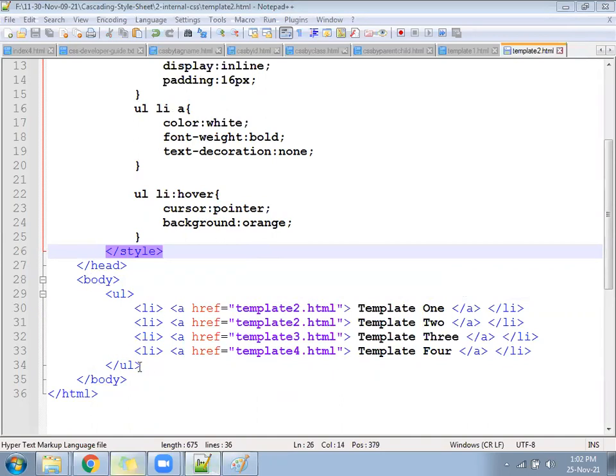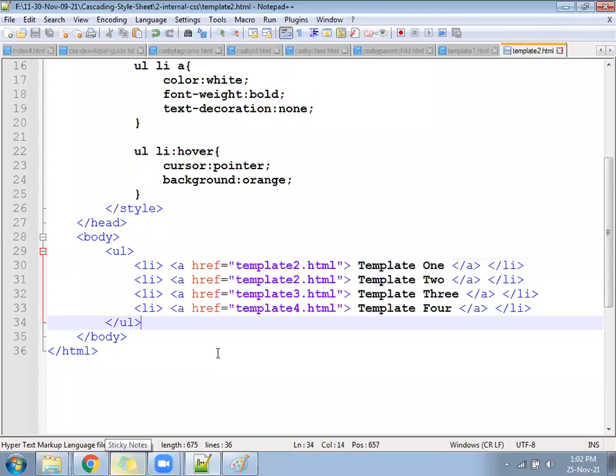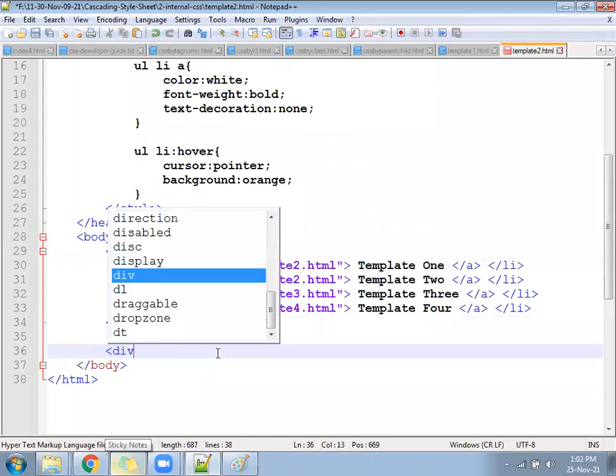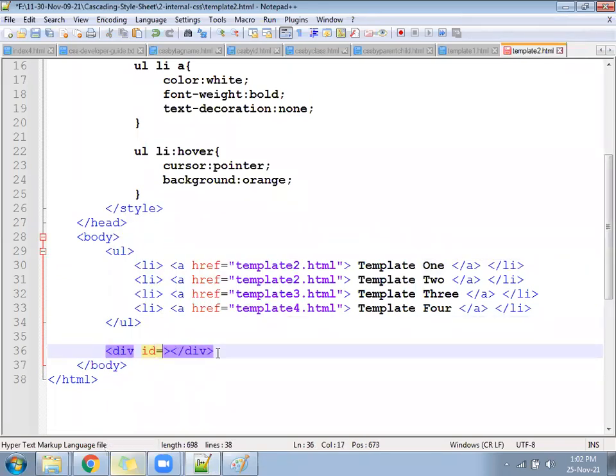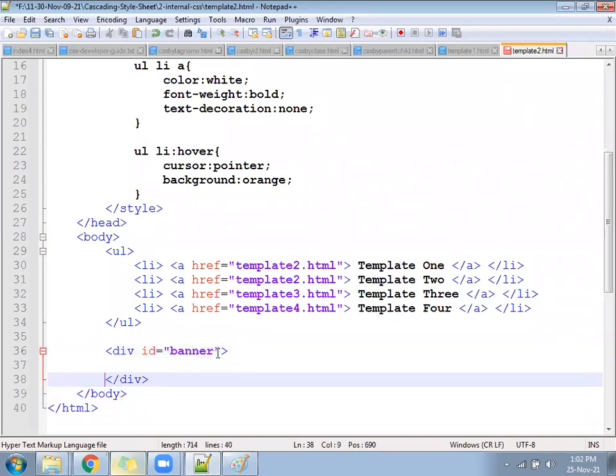Let's go ahead. After this UL tag, write a div with ID equal to banner. Div ID equal to banner.